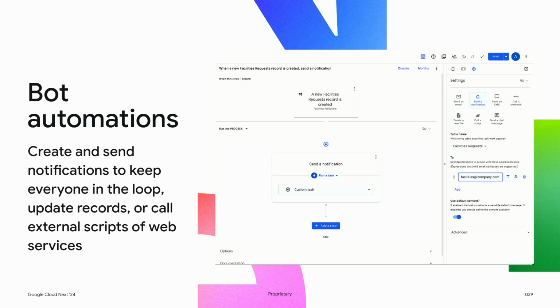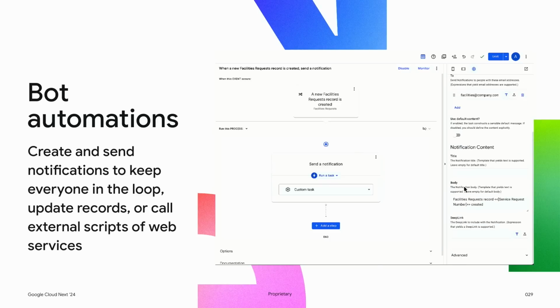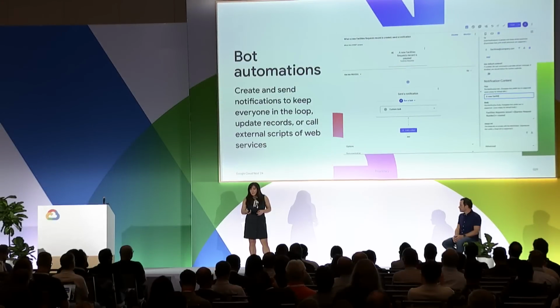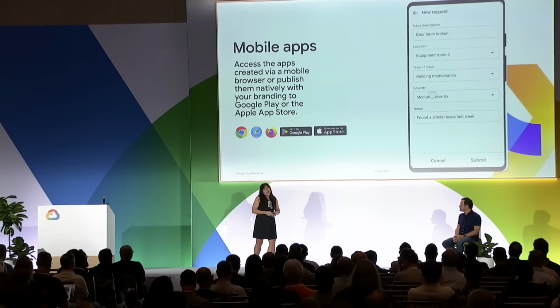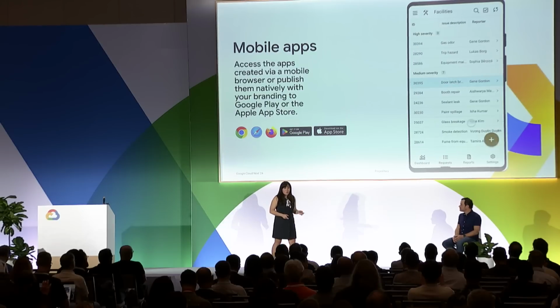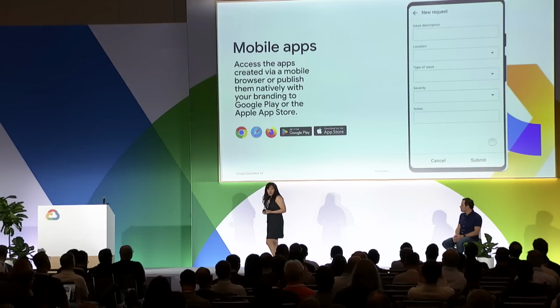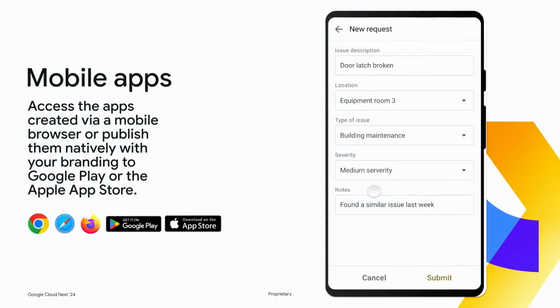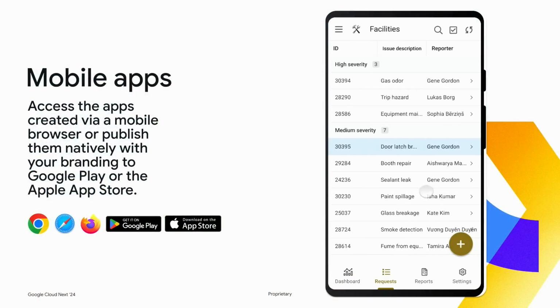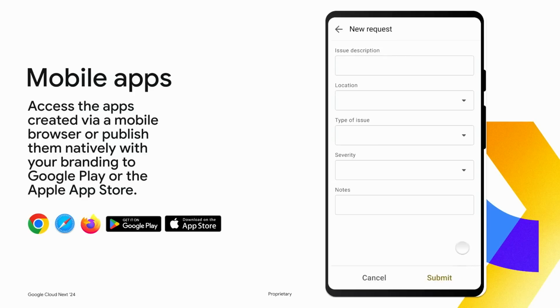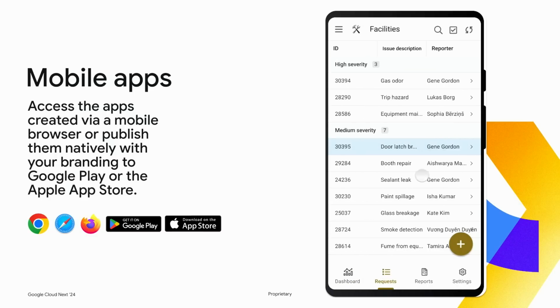Now, at Gwen's company, not everyone works at a desk. Her own team is often out in the fields. What's nice is that with AppSheet, all the pages come with responsive, mobile-friendly views. Apps can even be deployed as branded apps that can be deployed from the Google Play, Apple App Store, or your own MDM solution. So let's say Paolo, who works at Gwen's company, is getting his coffee in the morning, and he sees a big spill in the kitchen. He doesn't have to remember that and submit a request when he goes back to his desk. He can just pull out his phone and submit that from right there.